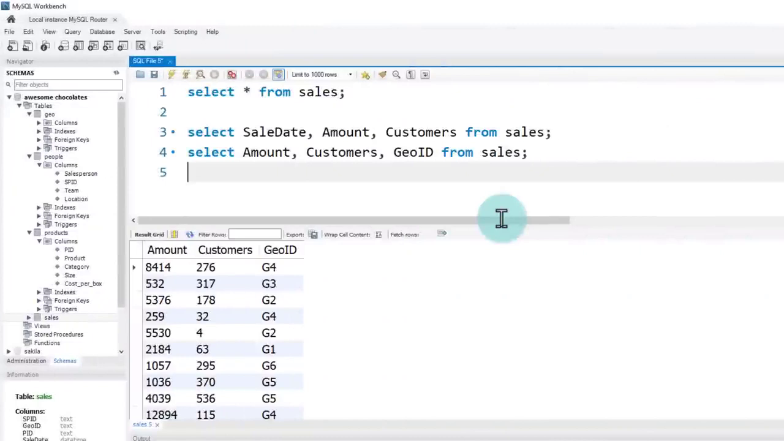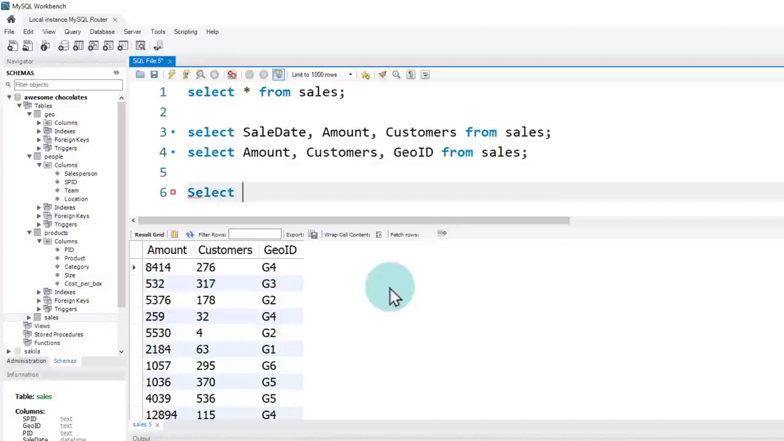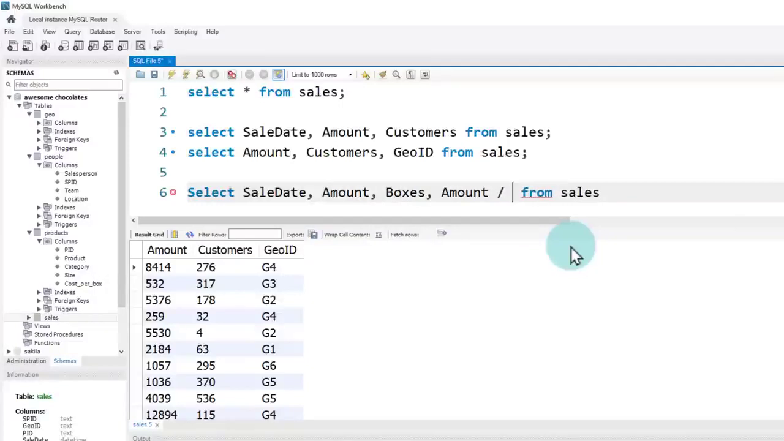For our next query, we are going to add an extra calculation, that is amount per box. Select, and then I want to see my date. So our date is sale date. And this can get a bit tricky, so I'm just going to write from sales first and then come back here, and then we can go ahead and build those extra things. So sale date, and then I want to see amount, I want to see boxes, and then we want to add a calculation which is amount per boxes. So this is where we just take amount divided by boxes,